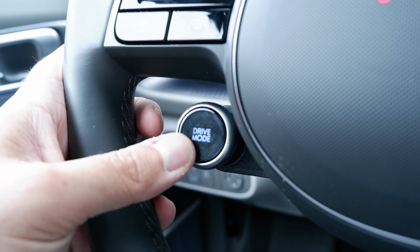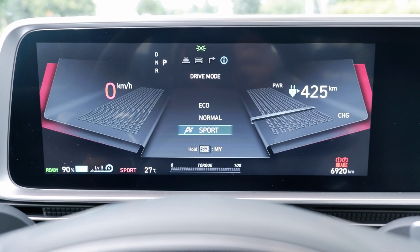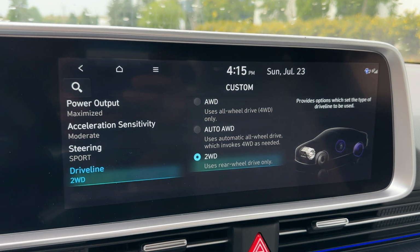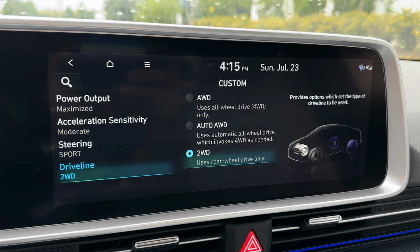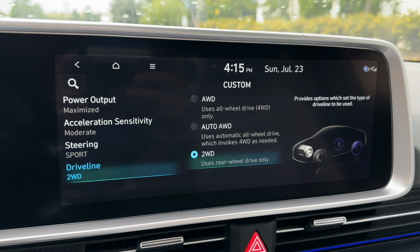One thing I find really cool is that if you pick the My Mode driving mode, the other ones are Eco, Sport, and Normal, you can pick how much power output to have, so you can maximize that. You can have the throttle pedal acceleration sensitivity, so little or whatever. The steering can be set to sport or city or comfort or whatever, but the really interesting setting is the